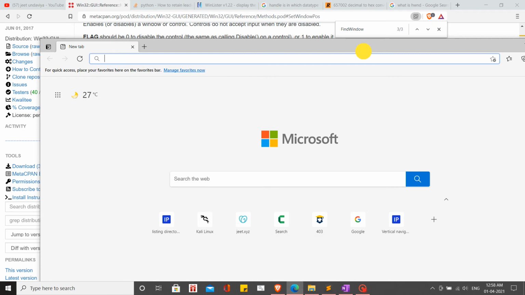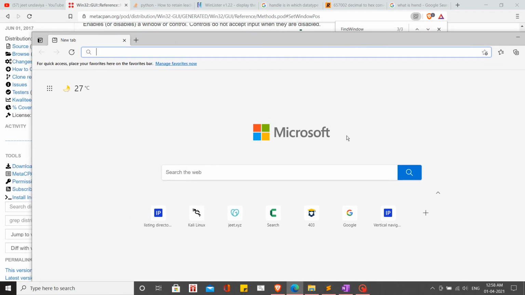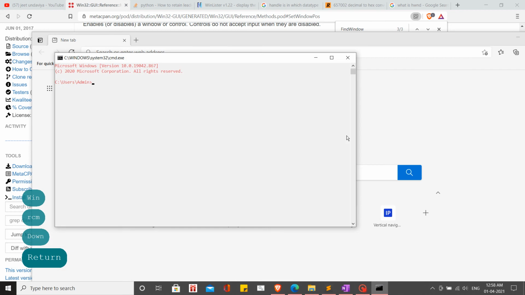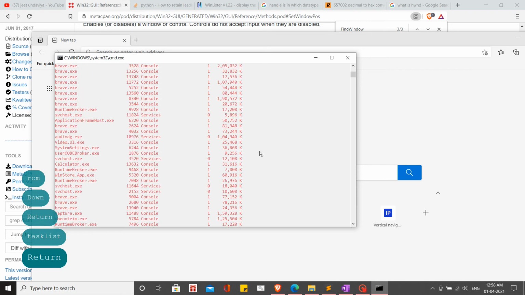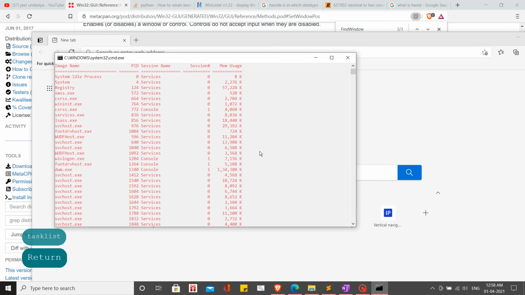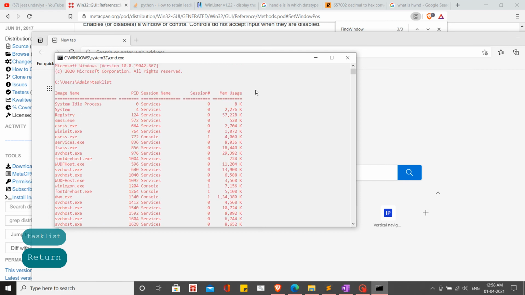One way you can find it out is by using the command line utility tasklist. If you just type tasklist in your command line, it will list each and every task currently running on your PC. But here you can see that there is no window title.